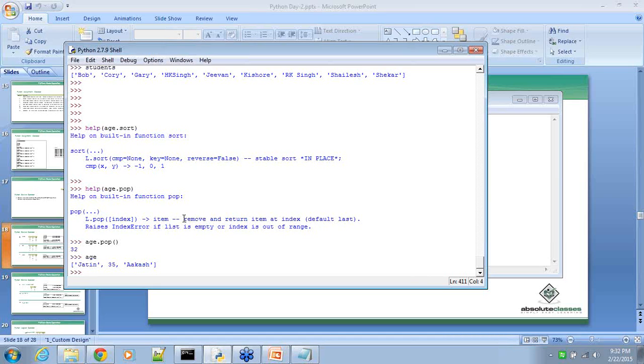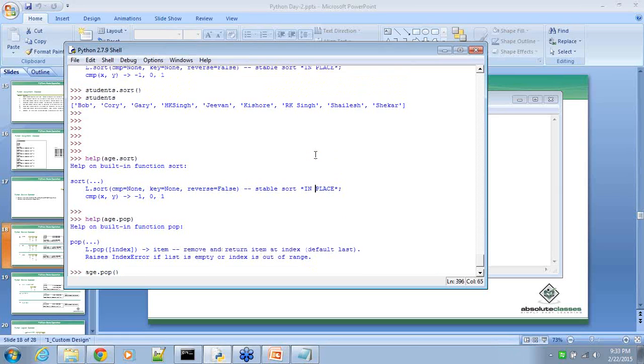It removes and returns. So you can check it out from the help itself whether it is returning or it is modifying the same element. Okay. Yeah. So definitely we will discuss all these functions in detail. The next